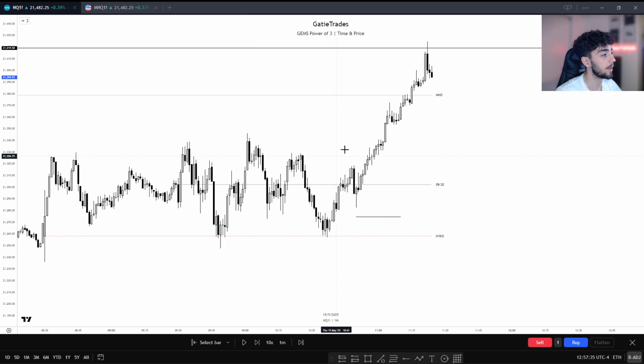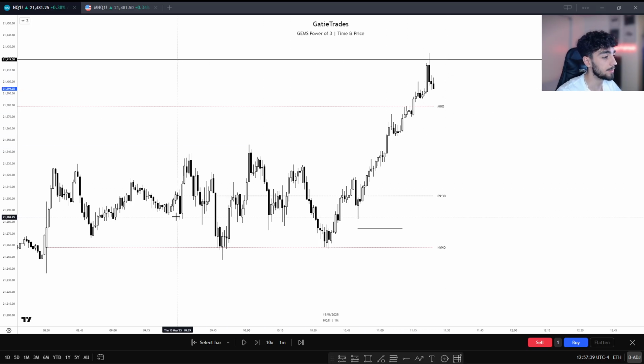This is where I got stopped out. I was looking for this run to midnight and the equal highs. I called this out at 9:15 a.m. Eastern time, right here. I was looking for this exact move from this exact price, but I got stopped out, right? We held on a little bit too long here, stopped, tried it again here, stopped, and eventually we saw the move in the macro.